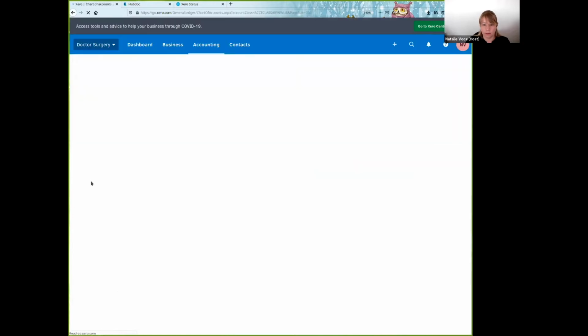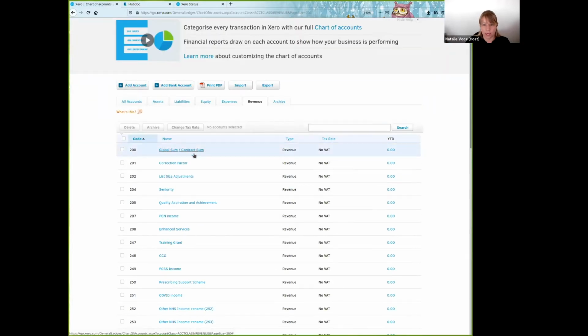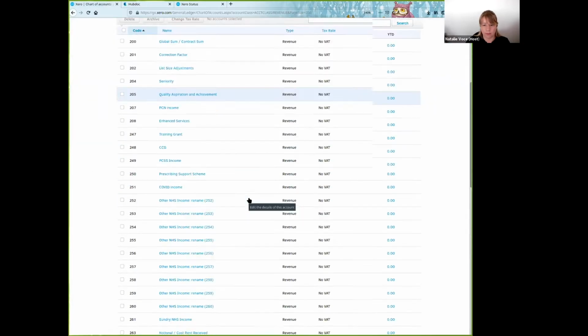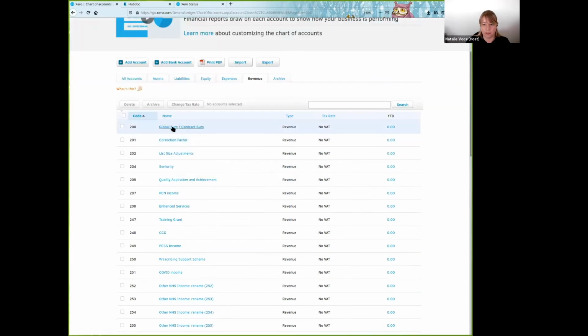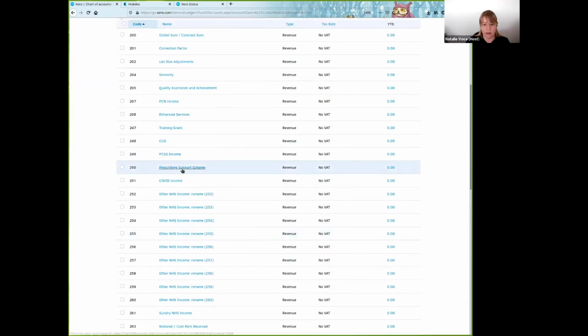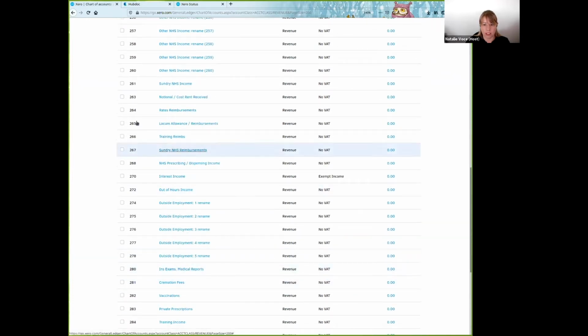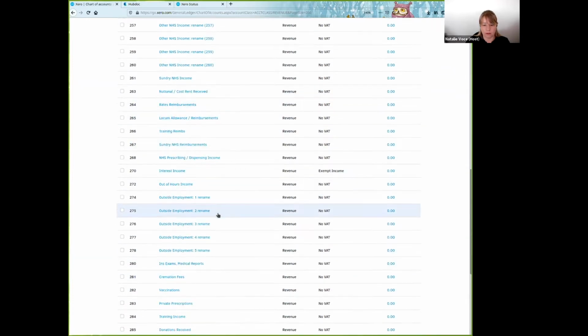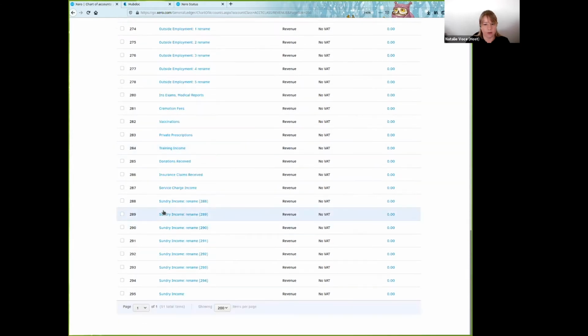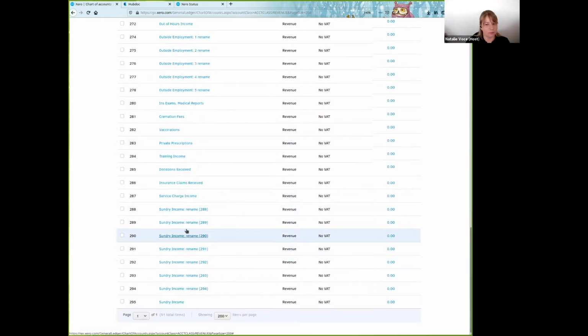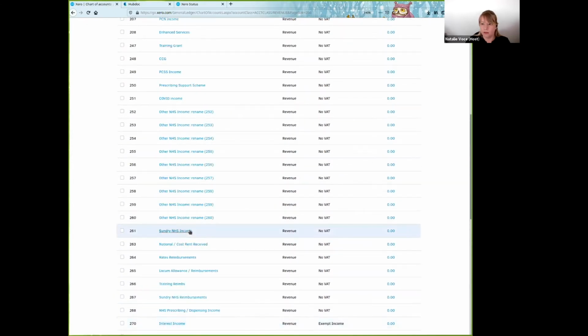So under revenue, as you can see, we've got global sum, correction factor, basically everything that you need. So we'll have the GMS contract stuff, other NHS income, sundry NHS income and reimbursements, and then ordinary non-NHS income. In here,